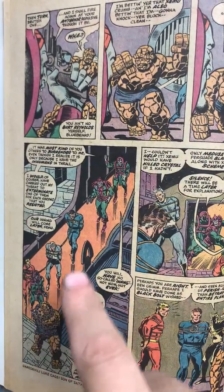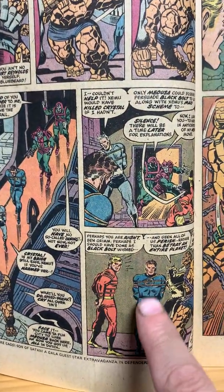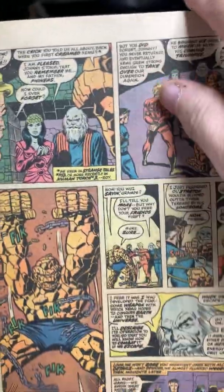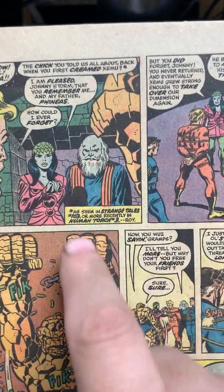But since Medusa had her own costume, they gave Johnny Storm this red costume, and then Reed had the traditional costume, and then Ben, so they all had an individual look. They were going for less of a team dynamic, more of an individual dynamic. And this is Valeria and Phineas. They were from